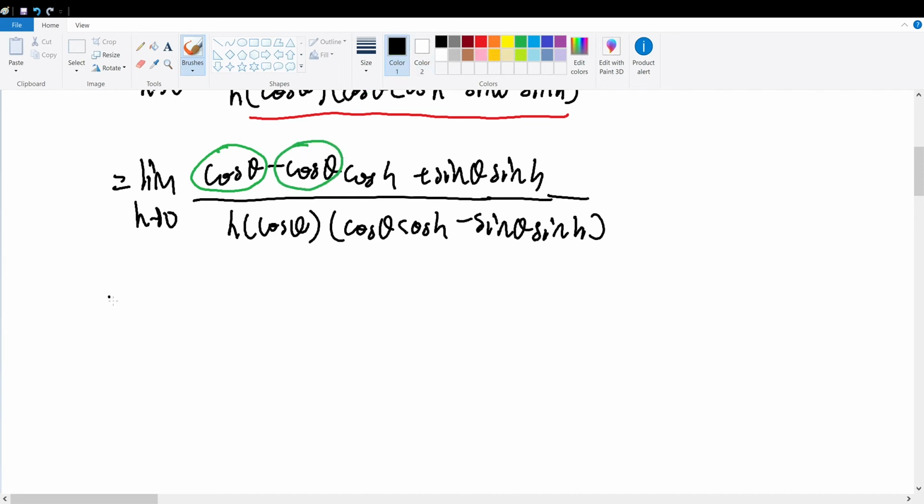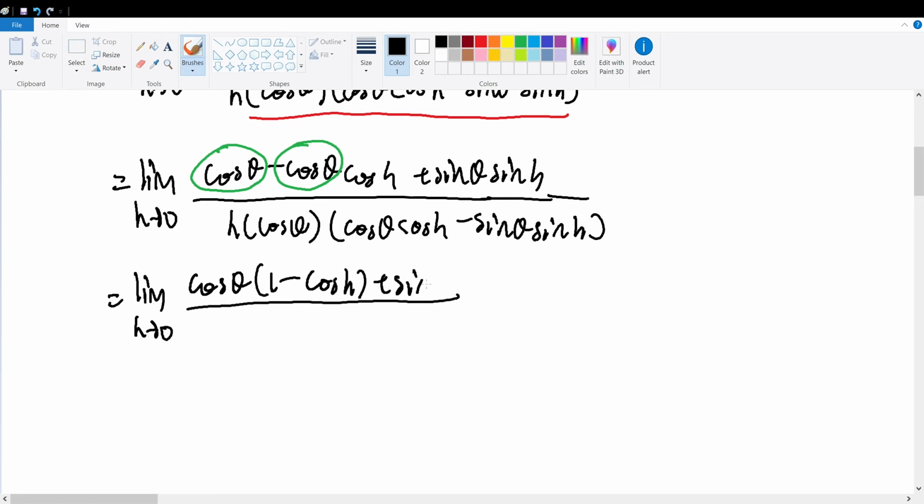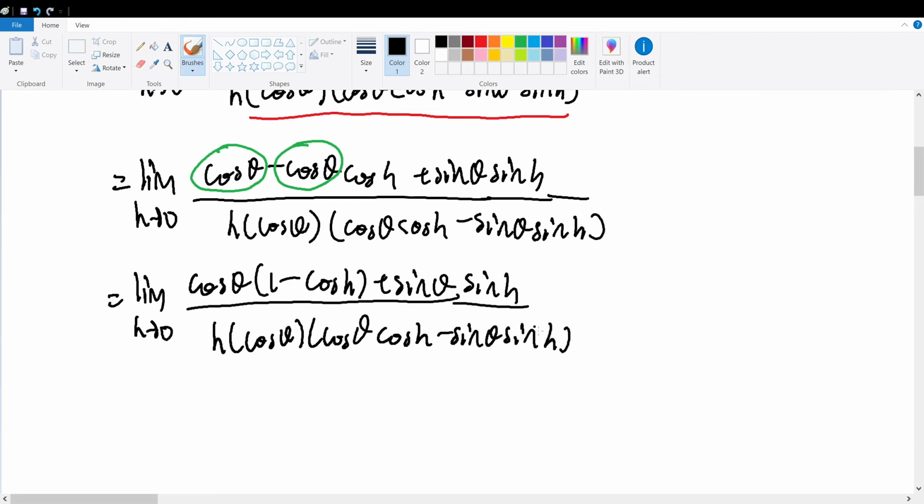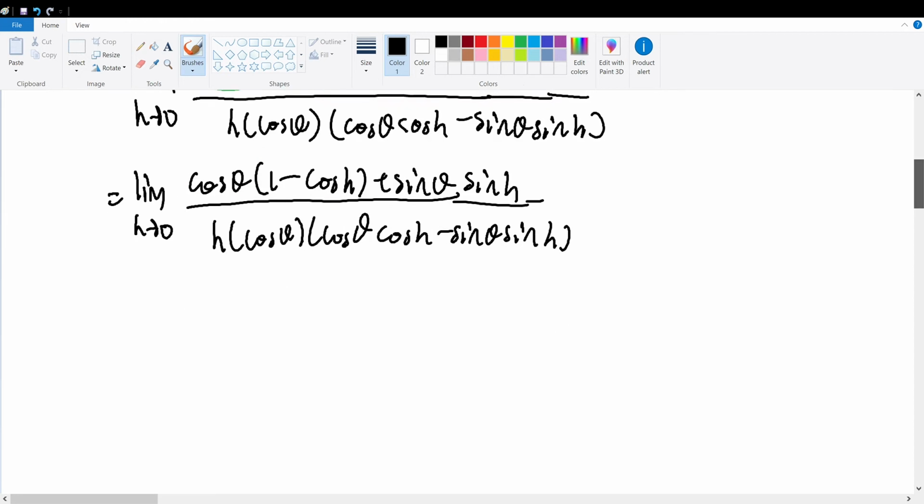So we can rewrite this limit to be equal to the limit, as h goes to 0, of, in the numerator, cosine of theta times 1 minus cosine of h plus sine of theta times sine of h divided by our denominator of h times cosine of theta times cosine of theta times cosine of h minus sine of theta times sine of h. And what I can now do is break up this limit to be equal to the